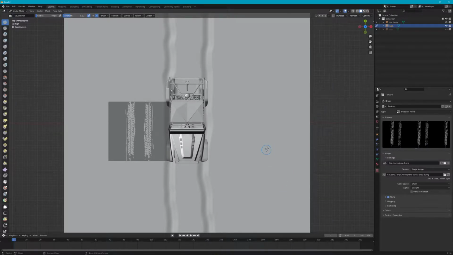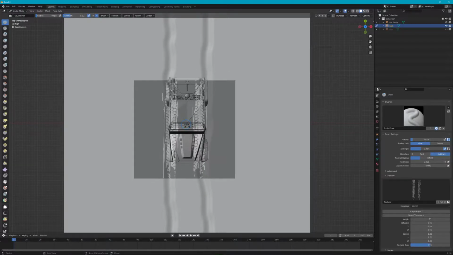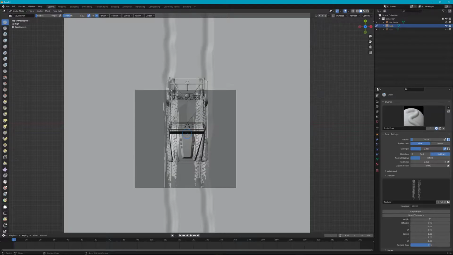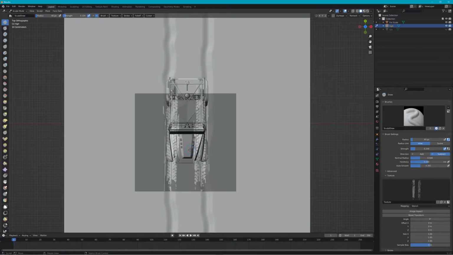Yeah, that's what we need. So what we're going to do, we're going to scale this up a little bit, like so. And we're going to change the hardness of this, the auto smooth, to about there. I don't know how much strength. I'm just going to move it down, and